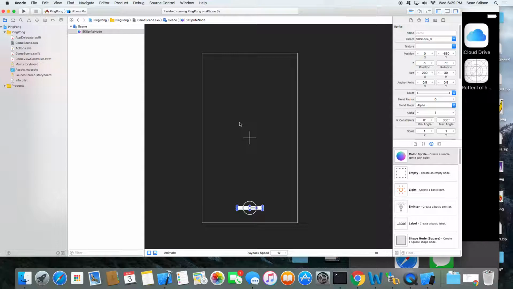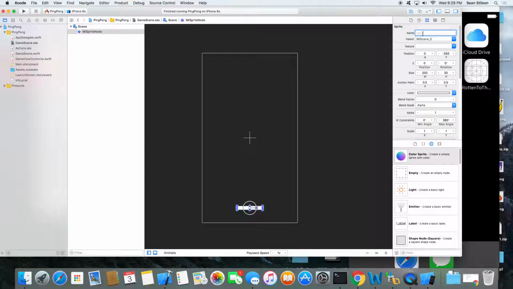All right, so then the next thing we want to do, you can add a texture. When we create the ball, we'll actually use a texture. For this, we're just going to use the color sprite. We're just going to set it to white because, I mean, that's all Pong really is.